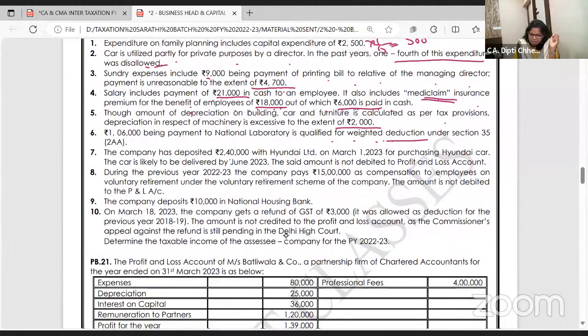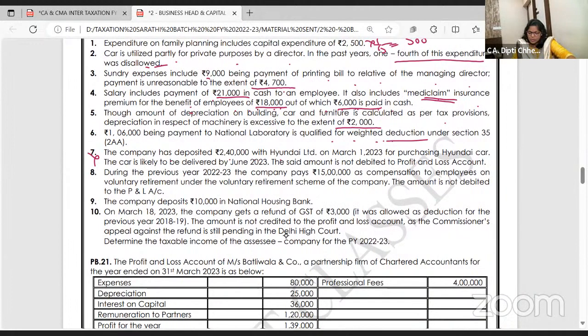Company has deposited 2,40,000. Now this is all extra information. You know, we are Hyderabadis. We eat biryani. In biryani, cloves, elaichi, dalchini, bay leaf, all that is added for flavor. Do you eat it up? No. Flavor has come. Now you remove and keep aside in your plate and you eat biryani. Like that, this is all extra information, there is nothing to add or less. Read it like a story.